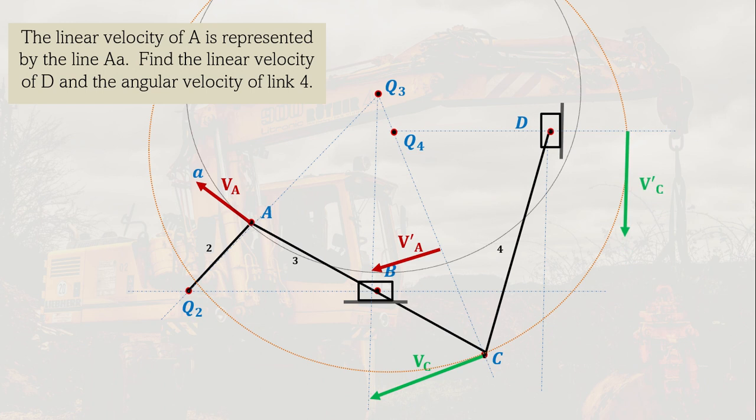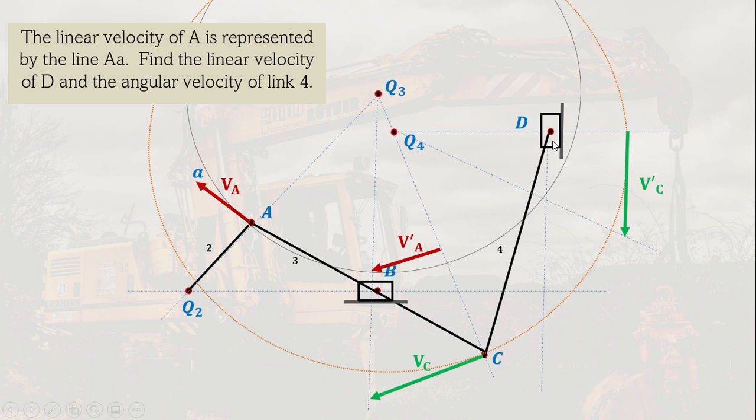And we will use that to get the absolute velocity of D. So since we know that the direction of D is in this line, then if we connect Q4 to this head here, so we connect it. So Q4 and then the head. So this Q4 is an IC. It's an instantaneous center. So we connect it,